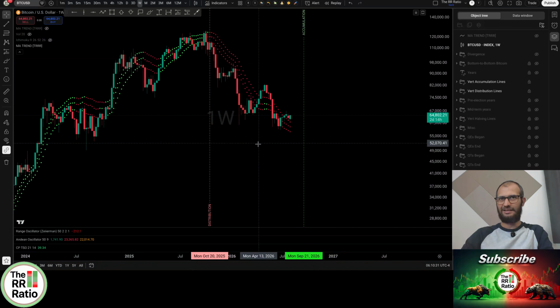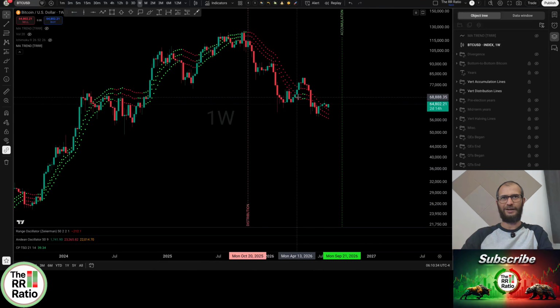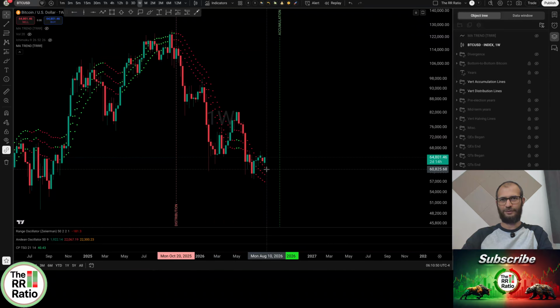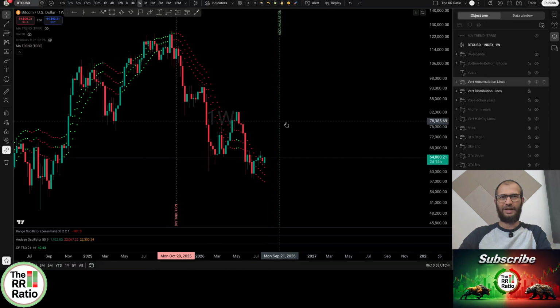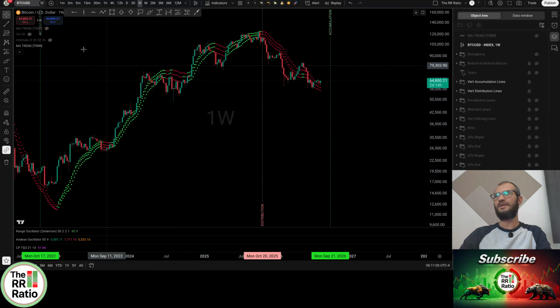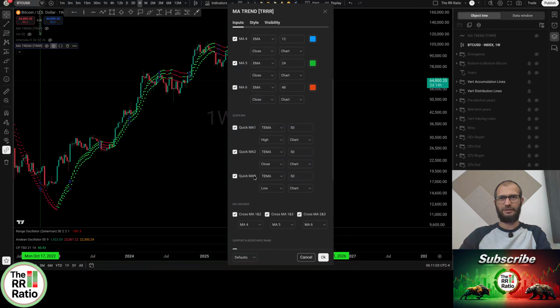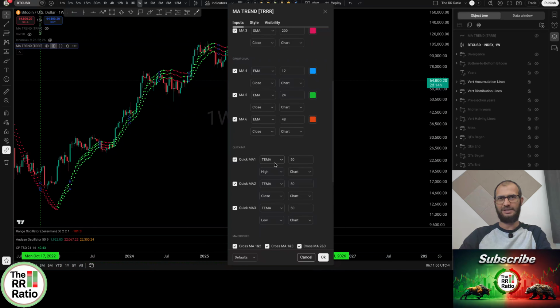TEMAs can also be seen as good short entries, where whenever there is a first green dot in between the distribution and accumulation line, they are good points to take a short. And right now, we are not seeing any of the bottoming price action because we are not yet on the other side of the accumulation line. If we look at, let's say, other EMAs, TEMAs are good for that. If I look at, let's say,